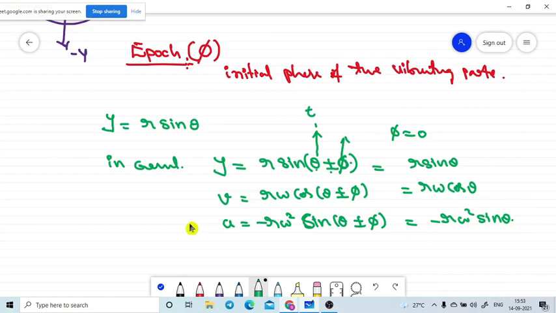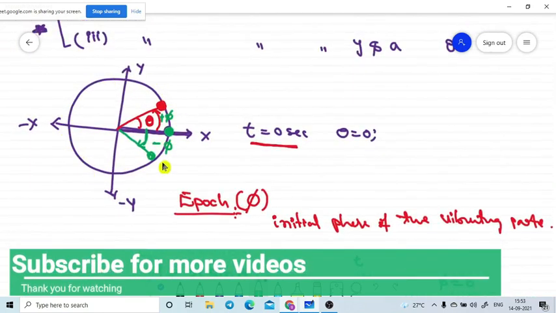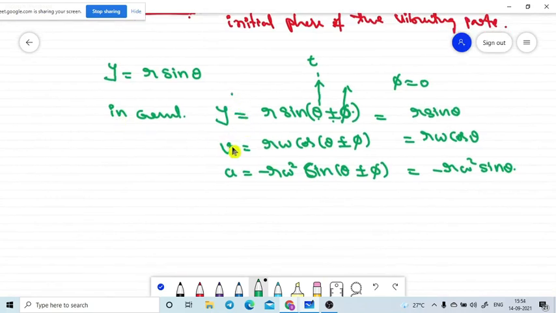But it is not possible all the time. The particle need not be located at the positive x-axis location. It may be somewhere, any place the particle can have. That means we can have the generalized condition. It will have a positive phase angle, or it will have a negative phase angle at the initial state. That's why these are the general expressions for displacement, velocity and acceleration. I hope there is no doubt regarding this phase, and we are rewriting the equations, showing how they are converted with plus or minus pi because of the initial phase values.